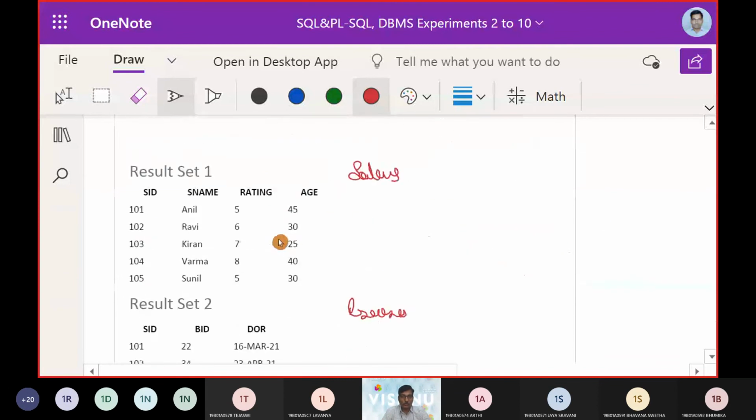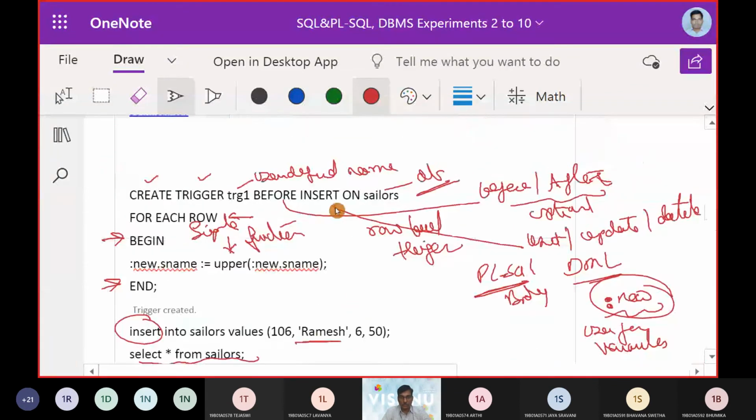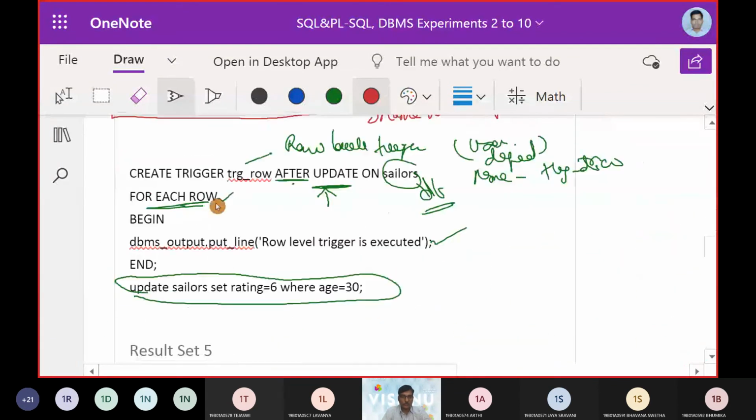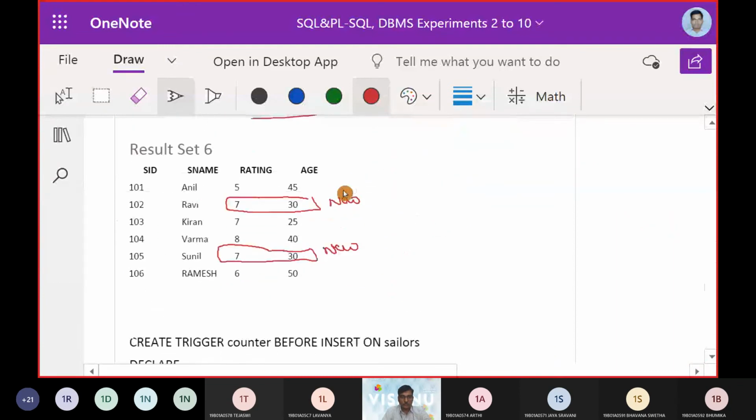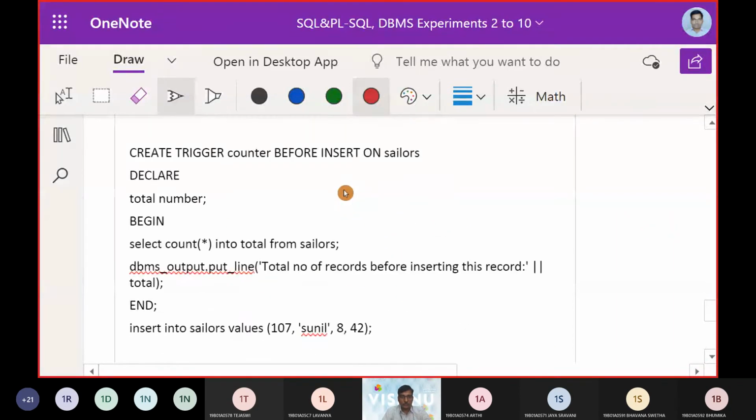Okay, we talked about two elements. One, we worked with the insert operation. Then we worked with the update operation. Again, the third thing which can be taken up in this triggering will affect also the insert command. So now we are taking one more trigger to demonstrate the triggering operation with the insert command.